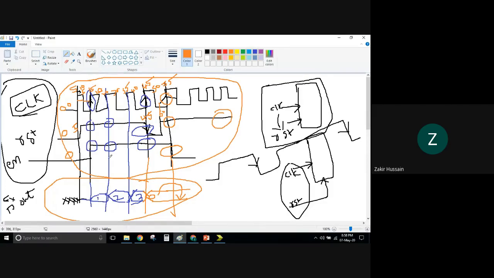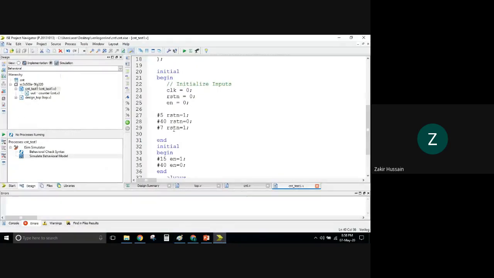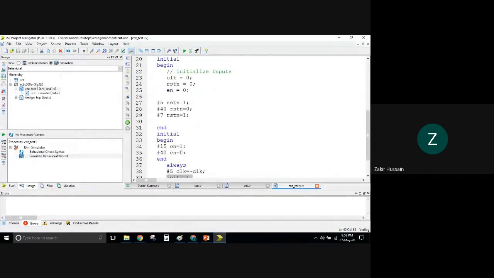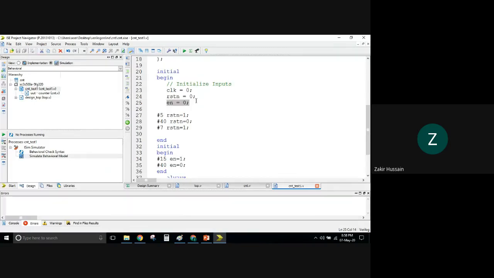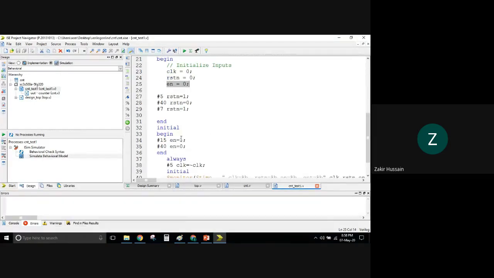So what have we done at 15? Let us check in the test bench. We actually drew the correct timing diagram. See, in the timing diagram at 15, it is high. But still, possibly we made a mistake in the test bench. So go to the test bench where enable is. This is our enable. At 15, it should go high. Before that, it is 0. And at 15, it should go high actually.